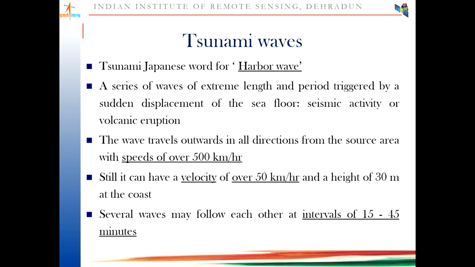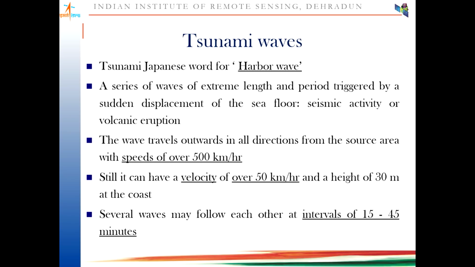The wavelength will be compressed, the wavelength will be less, wave height will be increased, and at the same time the velocity will be reduced, but the energy will be the same. So because energy will be constant, the waves will come with a lot of wave height. And it will be breaking near the coastal area with a lot of energy, so there will be huge destruction